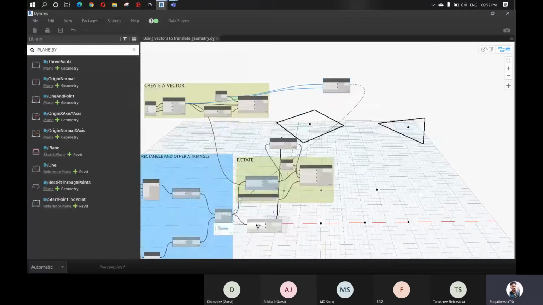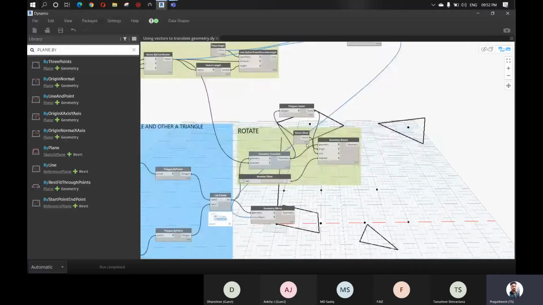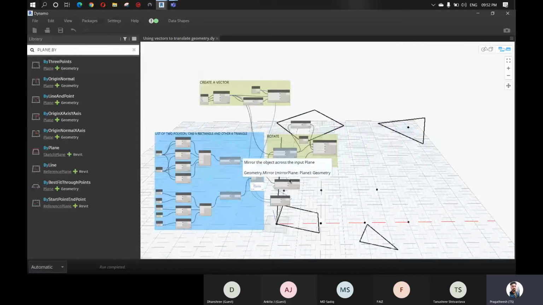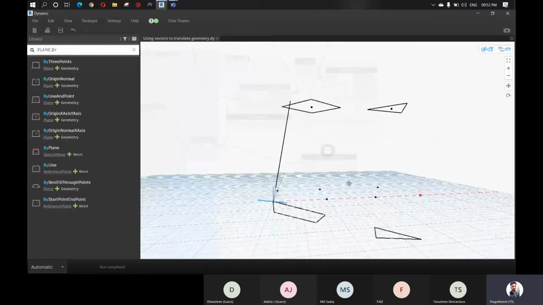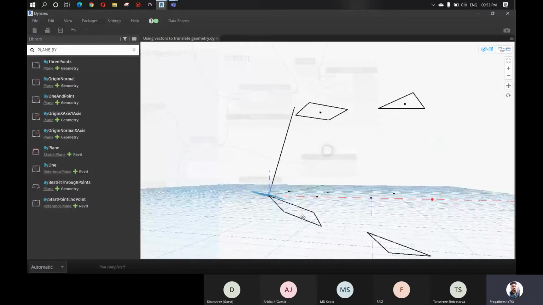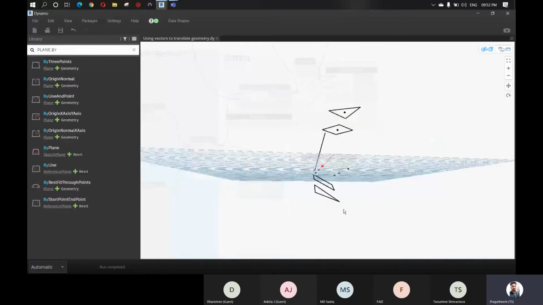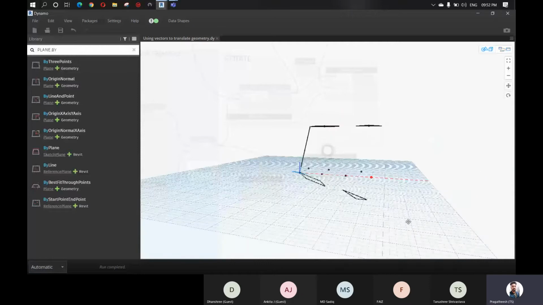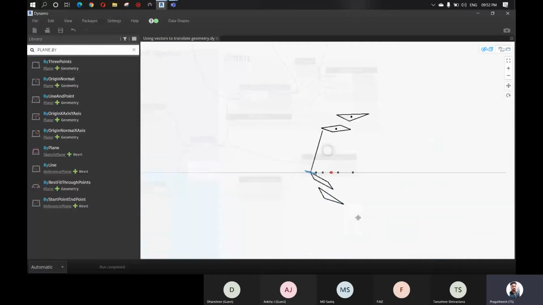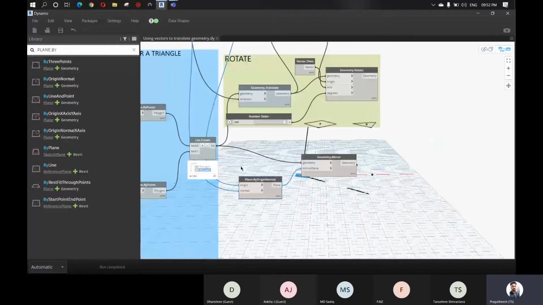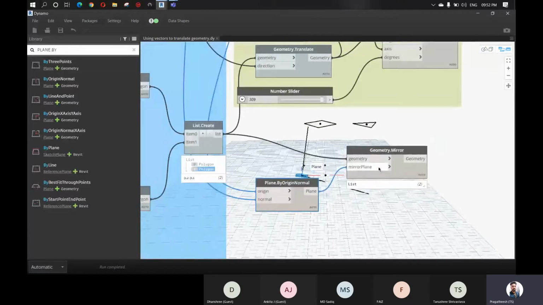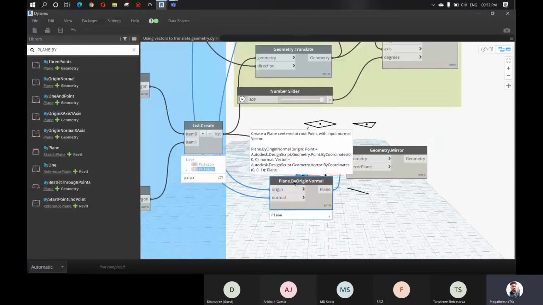Now we can connect this plane to the mirror plane here. As soon as I connect this, you can see it has created a plane here, right? But you may be wondering, it is not parallel to the x plane or y plane or the z plane. Instead, it was somewhat slanting, right? The reason is that here we have given this mirror plane, right? So I have used this Plane.ByOriginNormal. So it requires the origin and a normal point.